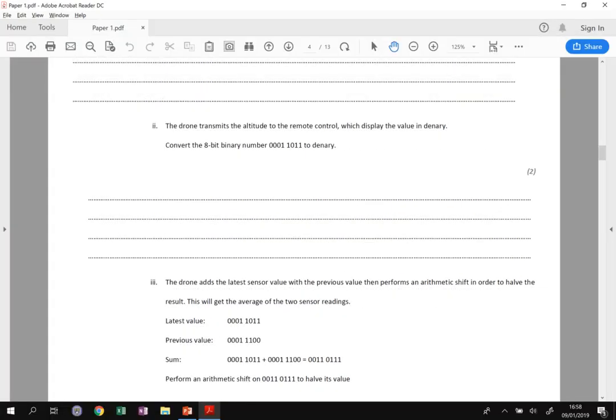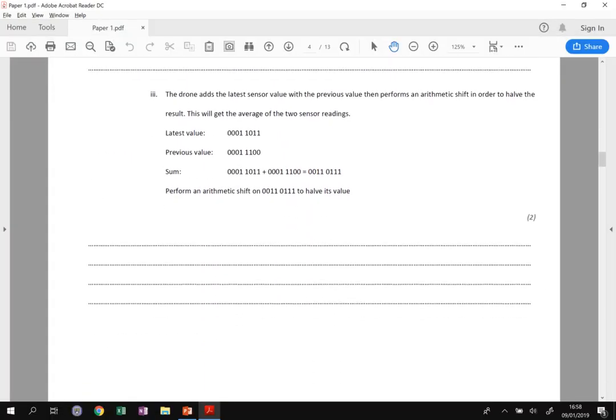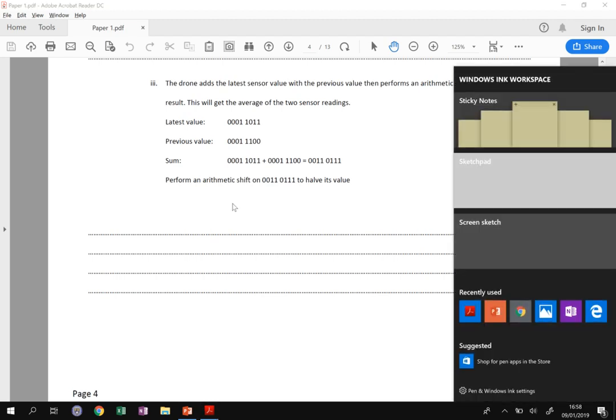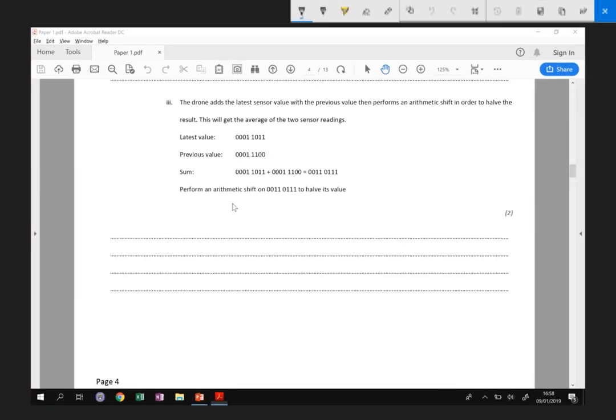Okay, finally, this one looks a lot more confusing, but it's not that bad once you understand what it's asking you to do. So let's have a look. Let's just bring up the highlighter. Here we go. Thank you. So it says the drone gets the latest value, so for the altitude, how high above the ground it is,